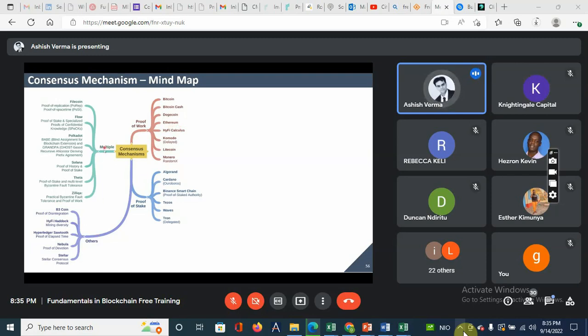Then we have multiple other kinds of consensus mechanisms. Filecoin is using proof of replication and proof of space-time. Flow is using proof of stake and a specialized proof of confidentiality. I'm just trying to say there are a lot of mechanisms in place. Every chain can have its own set of consensus which it follows, but the most famous ones are proof of work and proof of stake. And then there are others also like proof of disintegration, mining diversity, proof of elapsed time. So you'll find a lot of such. We're only covering a very few here, but in practicality, there are many more.